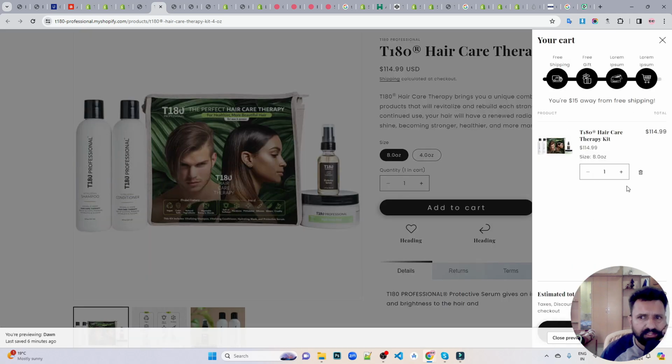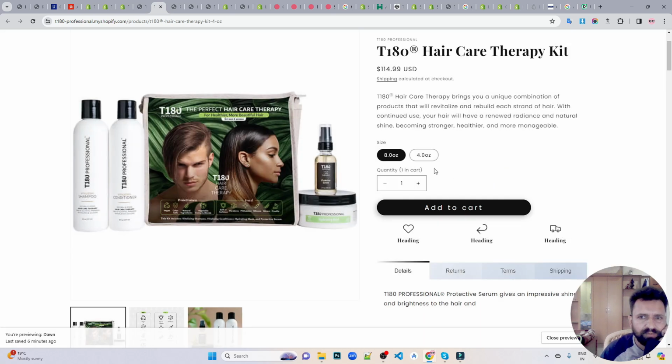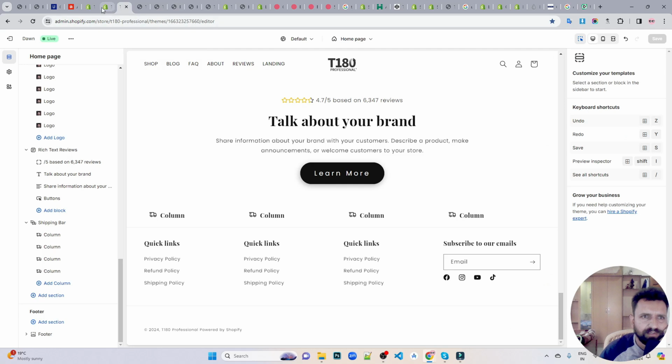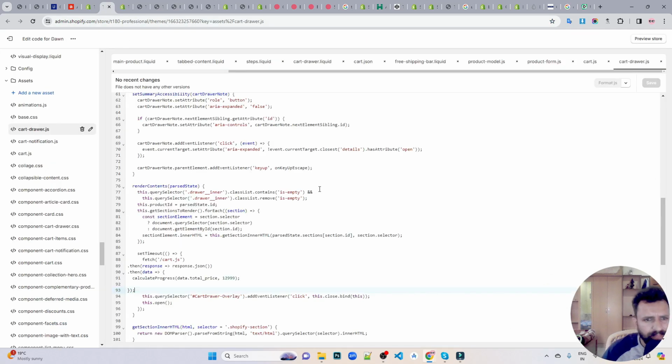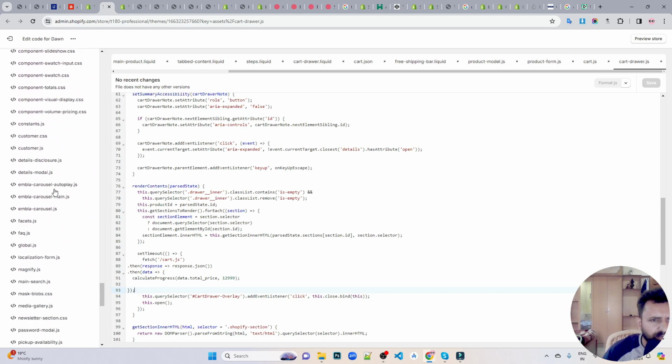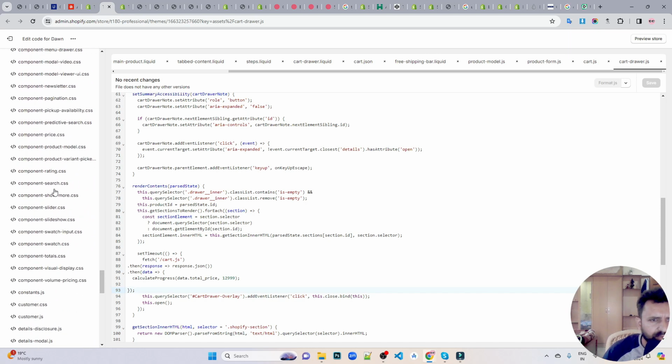On open state it's working fine, but as we remove item from the cart, then what happens? So when we remove item, add to cart and remove. So let's see